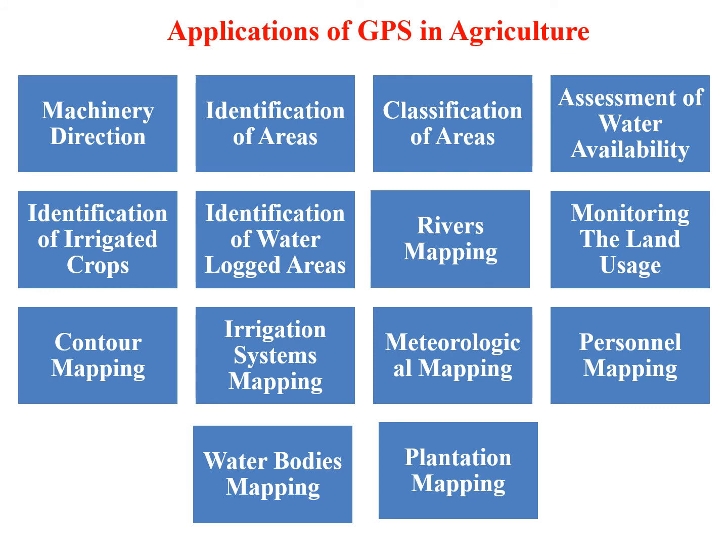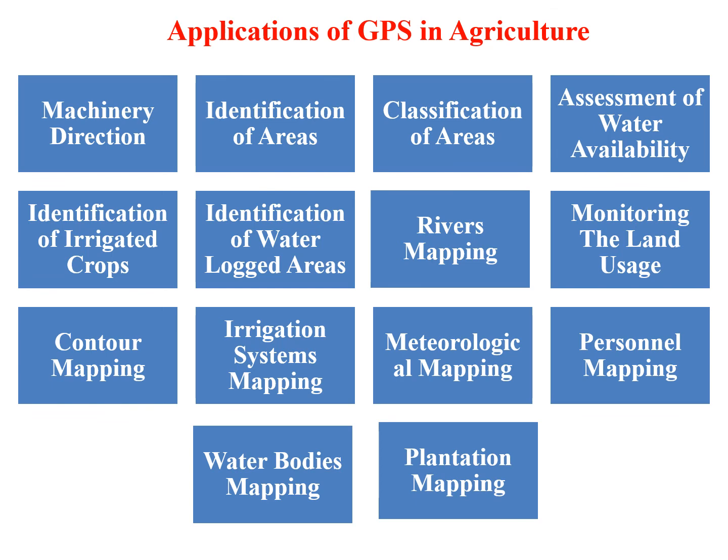Irrigation systems mapping such as dams or canals. In cases where the land needs to be irrigated, GPS can help locate some irrigation systems such as dams and canals. This will make it easy as it will avail the necessary water needed for irrigating the lands.